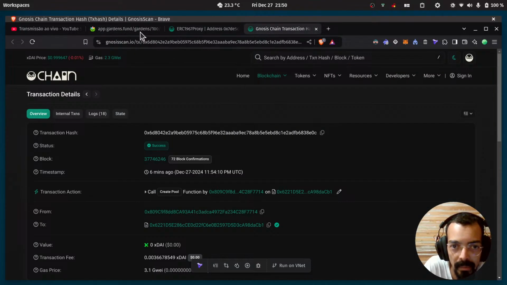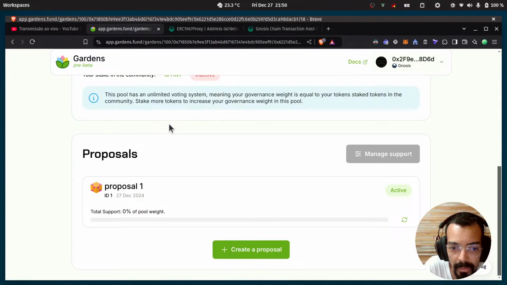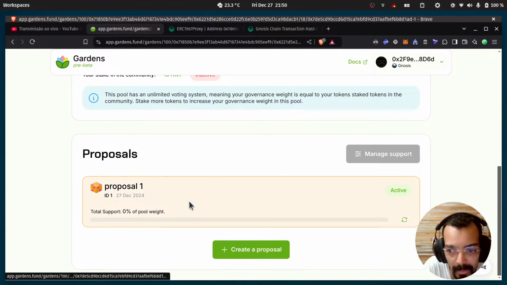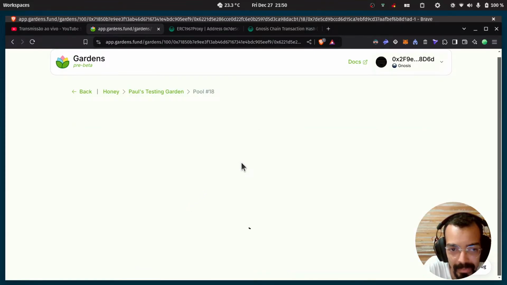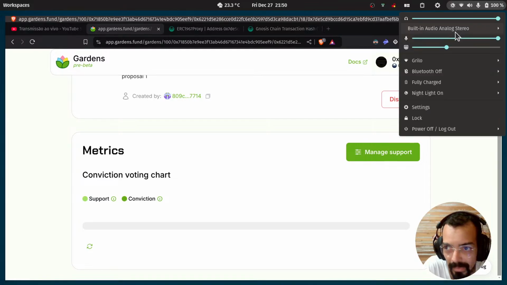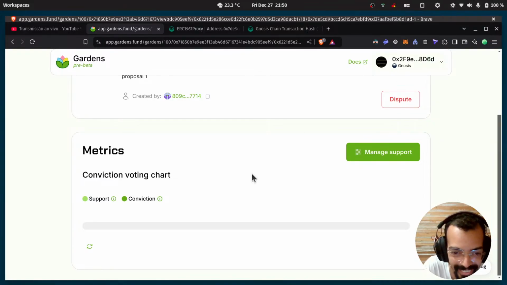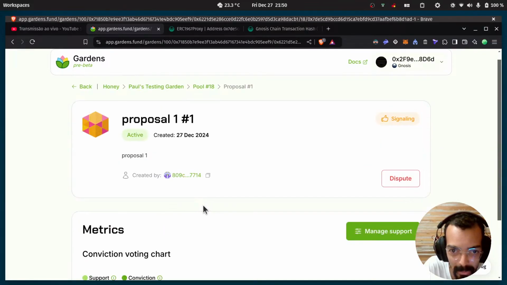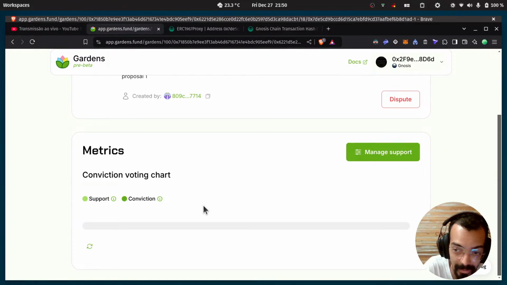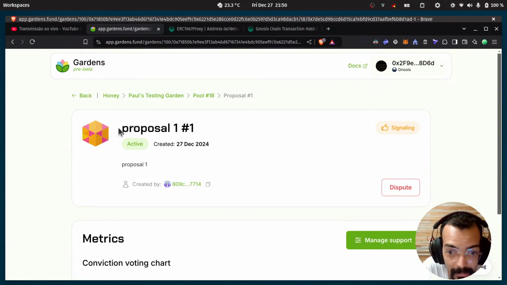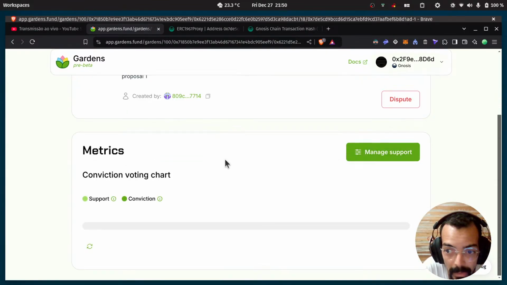If we don't find the problem right now, I don't know what they're going to do. That's almost impossible that we don't find the problem, right? So manage support